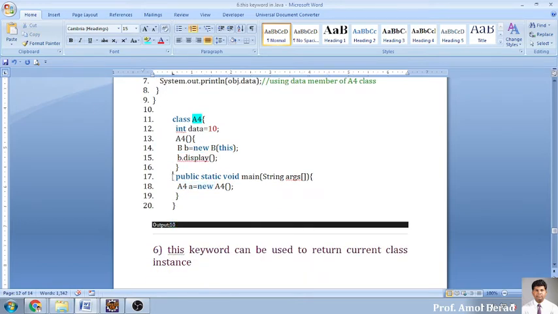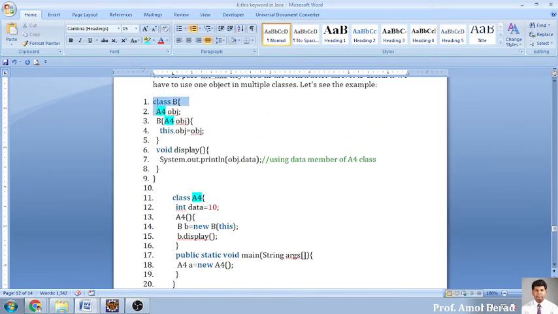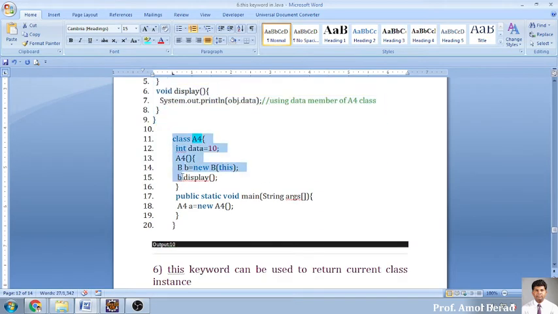How this will be starting, I will just show you. So we have written this class, and into this class we have written this main function. Now the entry of the program will be very simple. It will be entering into main function. It will be creating an object called a4.